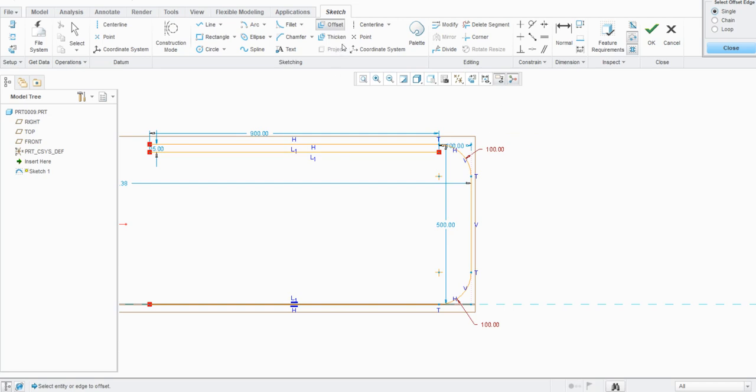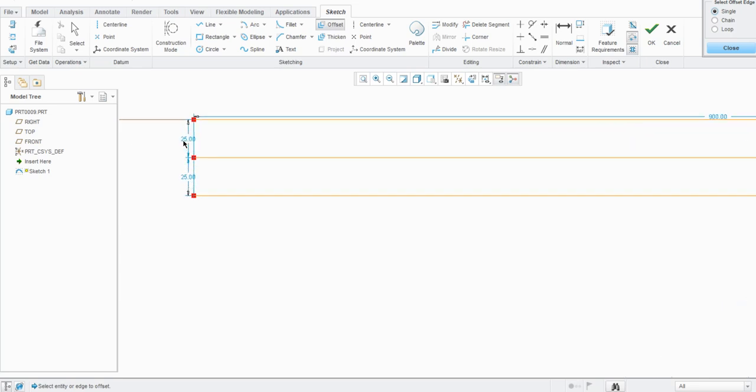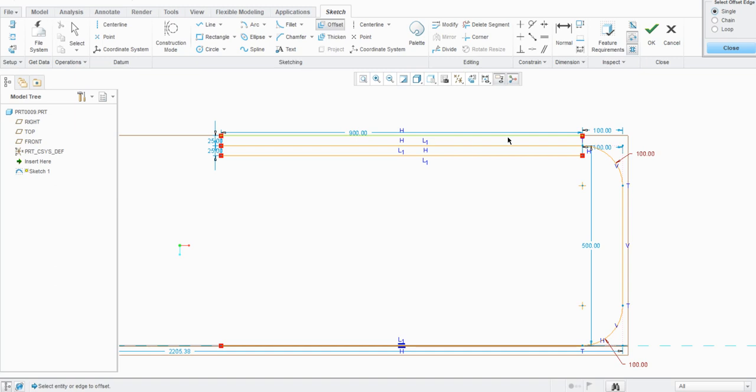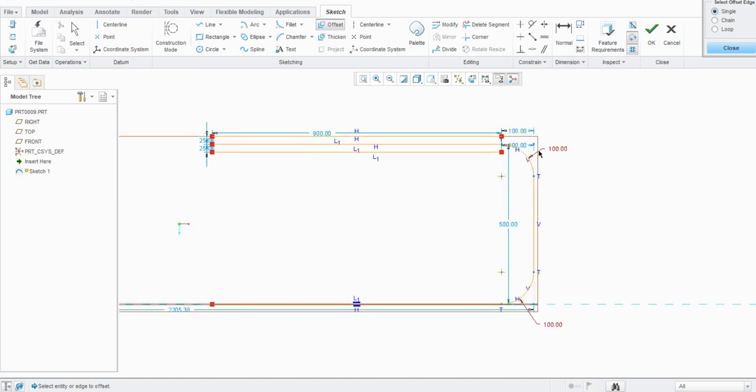And then again, if you want to offset the line in the other direction, then you can again select the line, just escape, and then again select this line, and keep this as single only. But instead of providing a positive value, just provide a negative, so minus 25. Now you can see the line offset by 25 in the opposite direction. So this is the single